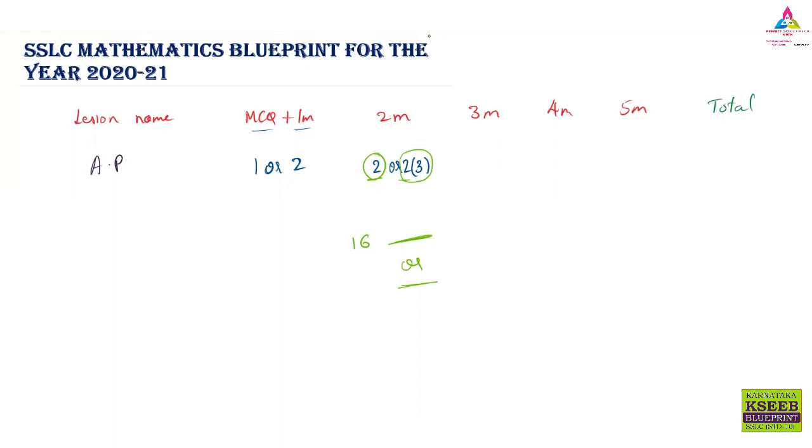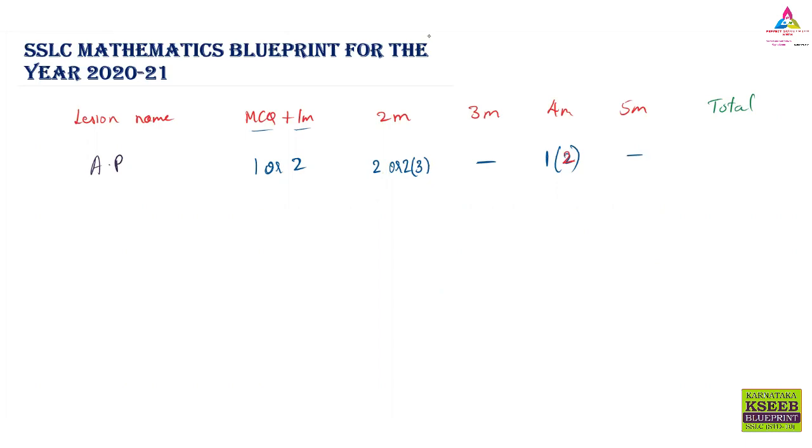There will be no question from the 3 marks, but in 4 marks you are going to have 1 question. And one more thing: compulsorily you are going to have the "or" question, meaning the last 4 marks question. For example, if you have the 24th question, in that there will be an "or" question. There will be 2 AP questions, and you have to choose any one and write down the answer. That is called the "or" question, for 4 marks. It depends on the question pattern. So this is from the AP lesson. There will be no 5 marks question for you.